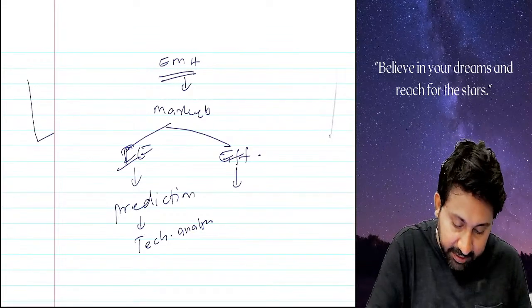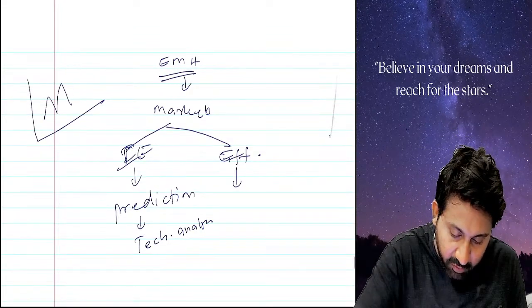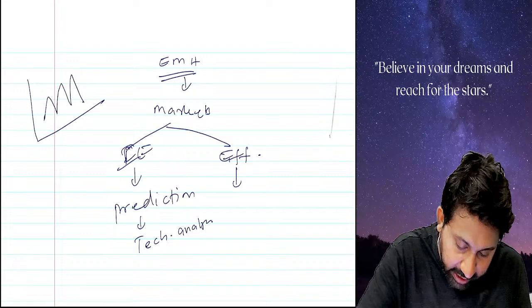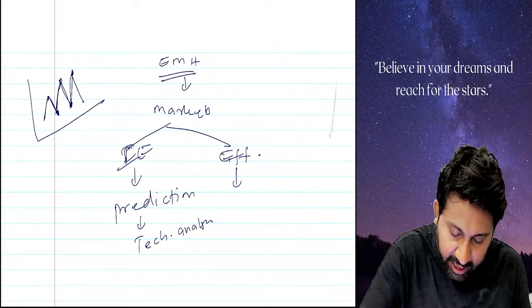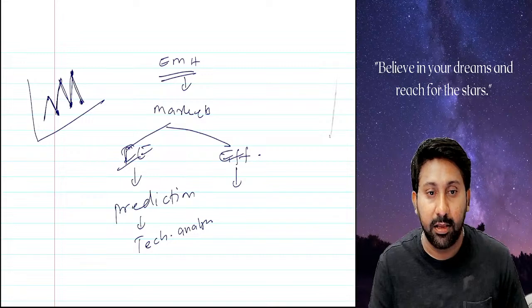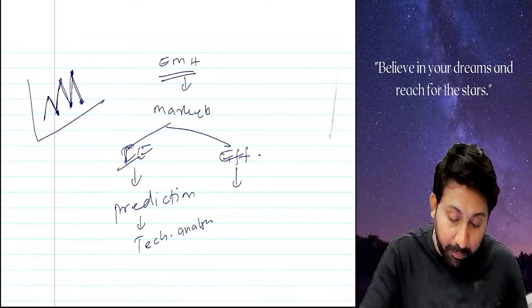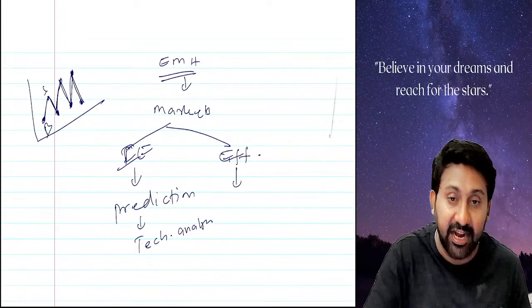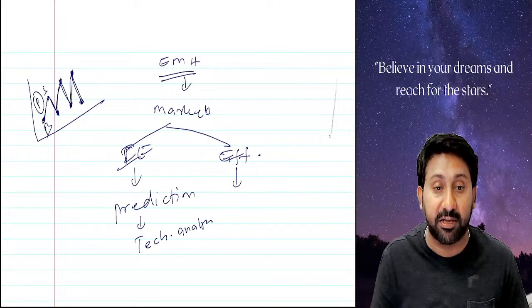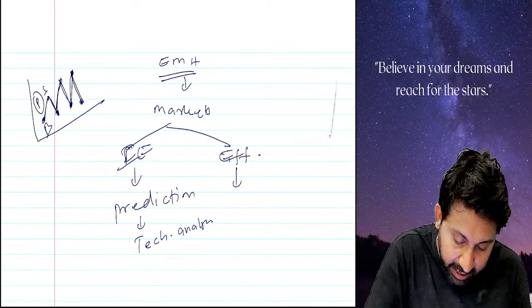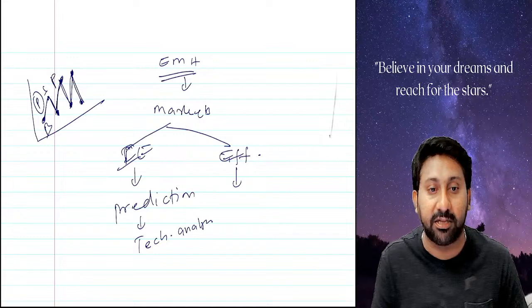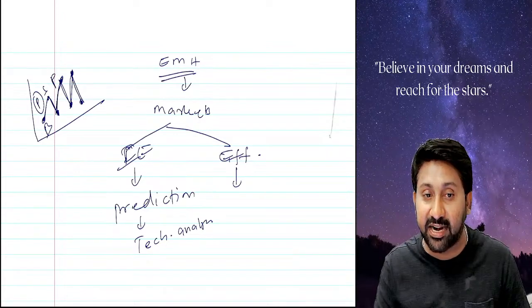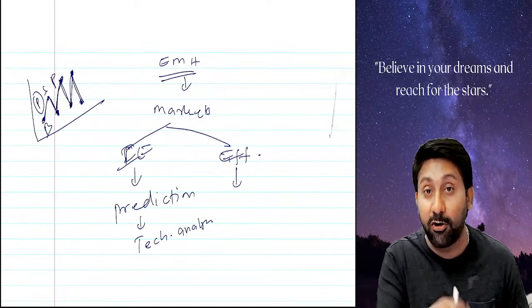Technical analysis means prices are moving up and down. One day up, one day down. If you understand, if you buy at a lower price, you sell at a higher price, you can make a bonanza profit. Again you buy at a lower price, again you sell at a higher price, again you make a bonanza profit. From this, what you have to understand, we know when to buy, we know when to sell by